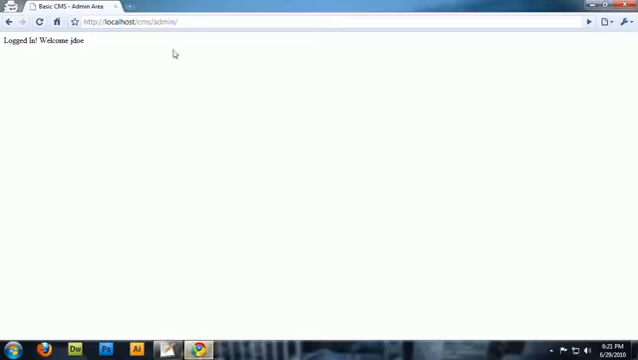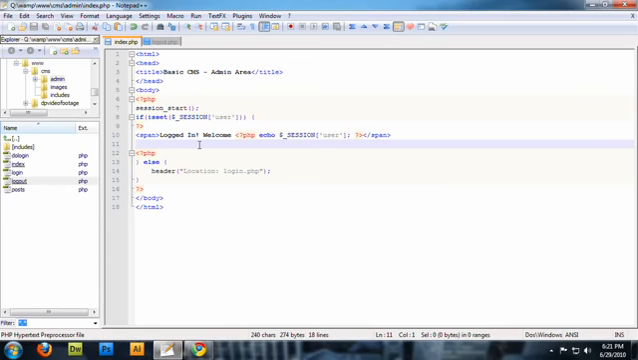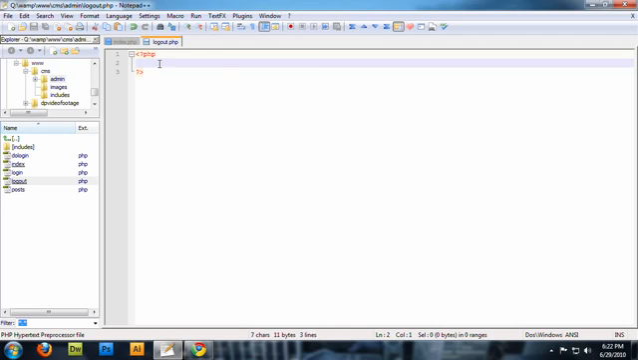So where we left off last time is we log into our admin area and we see a message that says logged in, welcome username. The first thing we're going to do is add the logout link. We're just going to type in this code right here, just a link, and then we're going to go to our logout.php page and add the basic PHP brackets, and type inside of it